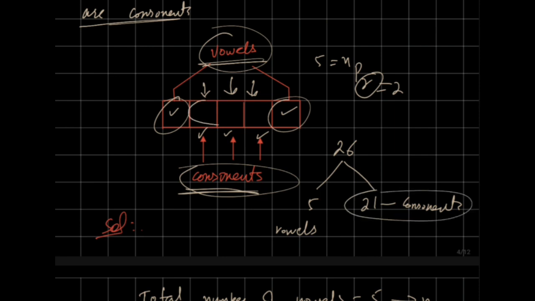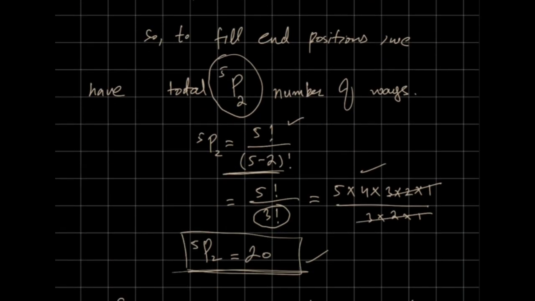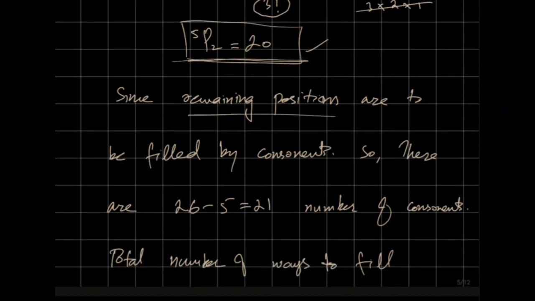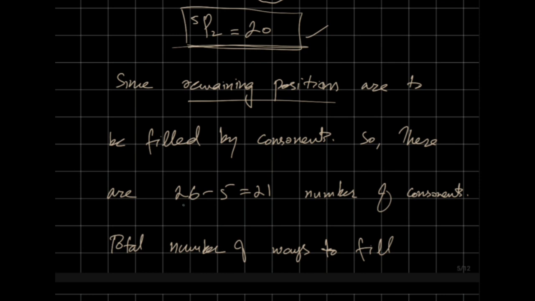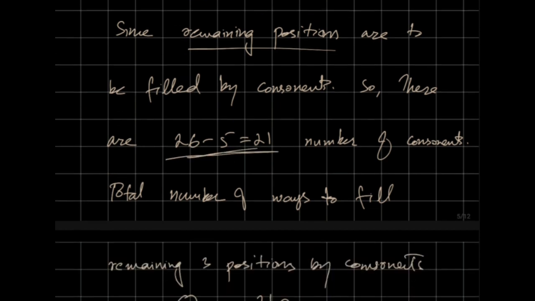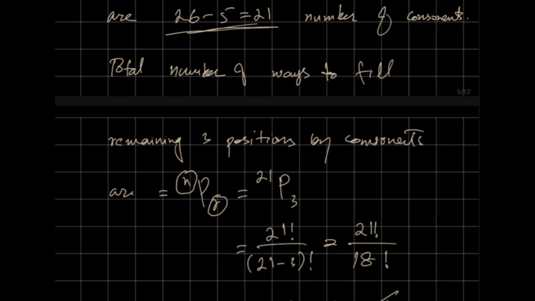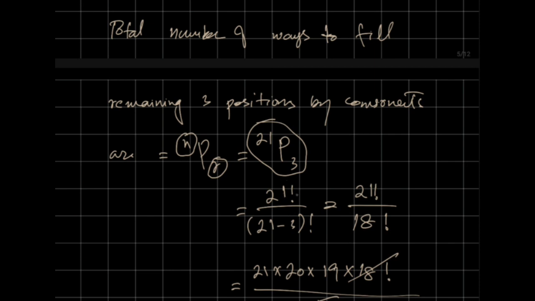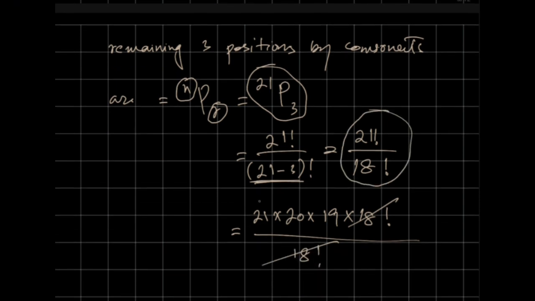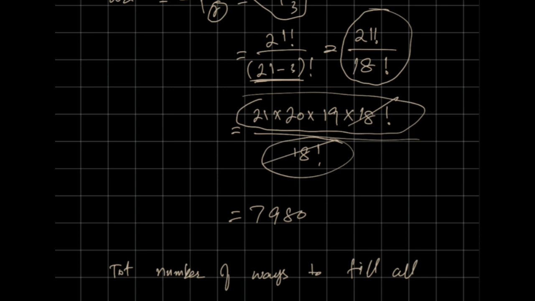So for these 3 positions, we have 21 letters and the total number of positions is 3. Since the remaining positions are to be filled by consonants, these are 26 minus 5, which is 21 in number. So how to fill these positions? nPr, which is 21P3. What is 21P3? That is 21 factorial over 21 minus 3 factorial. You can write it as 21 factorial over 18 factorial. You can expand 21 factorial up to 18 factorial to cancel out 18 factorial in the numerator with the denominator. And after multiplying this, you get